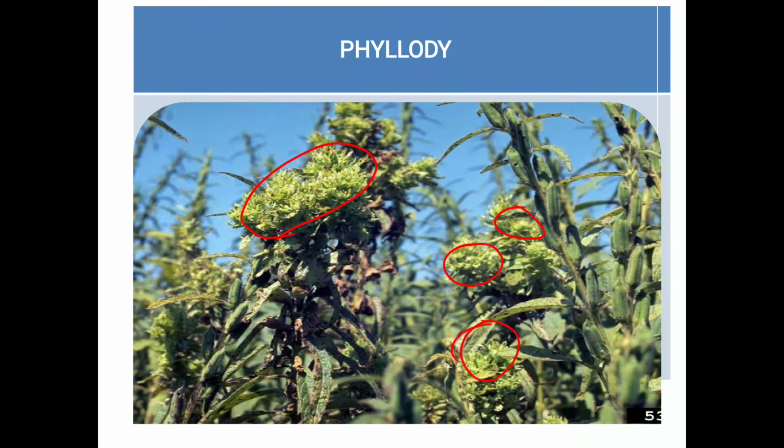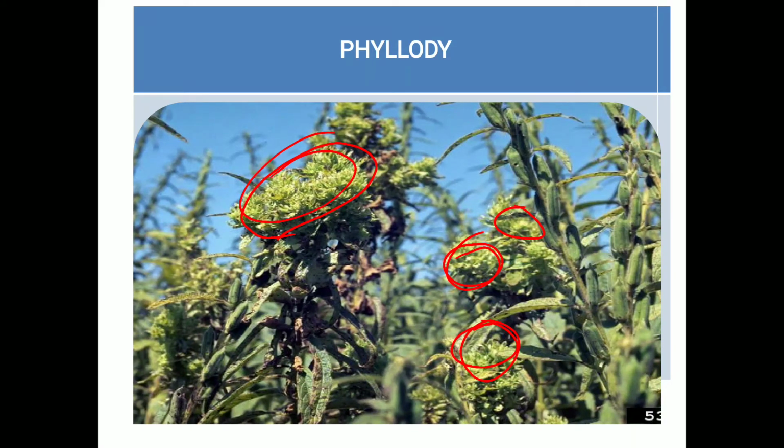Next one is phyllody symptoms. Phyllody means all the floral parts of the plants, for example buds, are directly transformed into leafy structures. Only leafy structures are observed. There is no pod formation or any kind of seed formation. Only leafy vegetative growth is observed, and it arises in a bunch. When such a disease appears, there is heavy loss in yield, because there is no pod and seed formation. So it is a very dangerous disease.